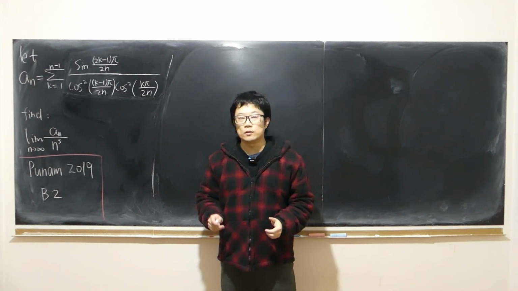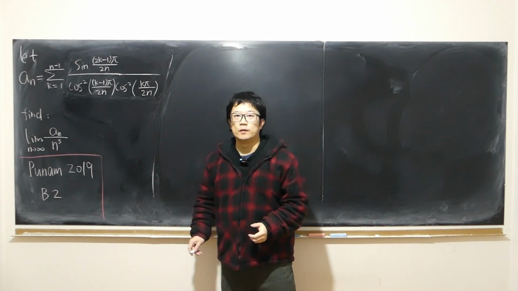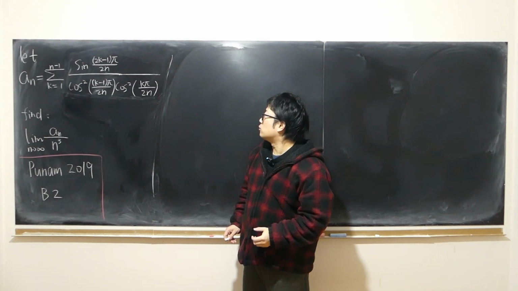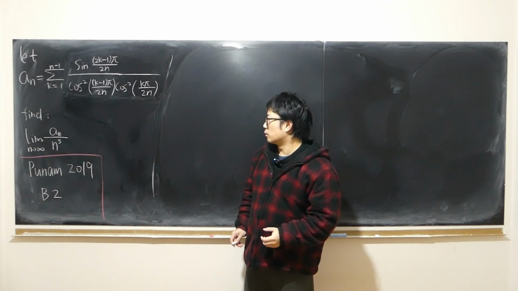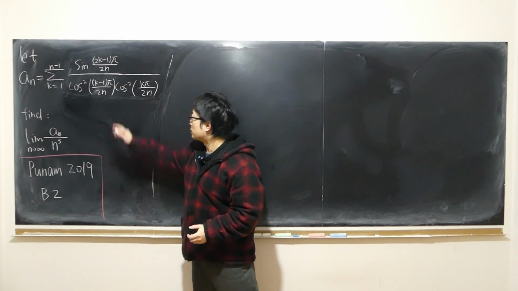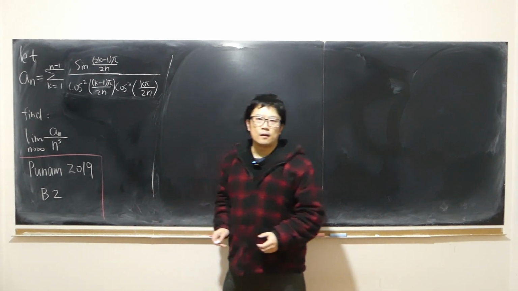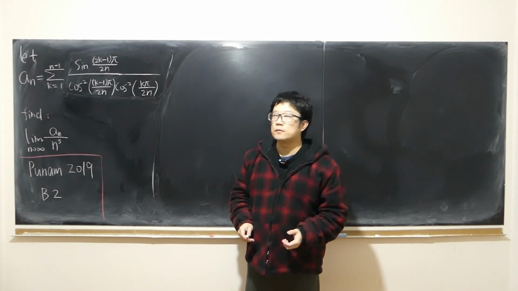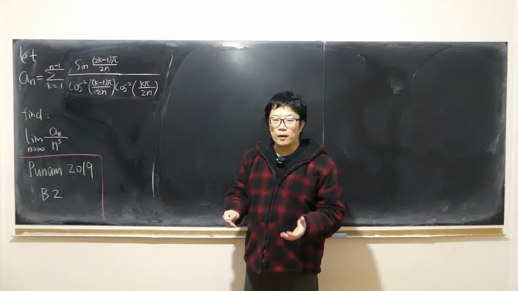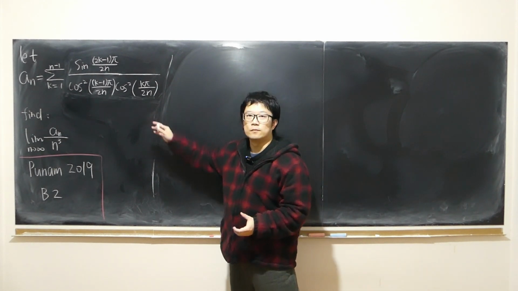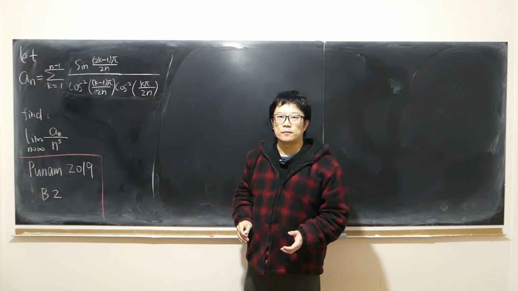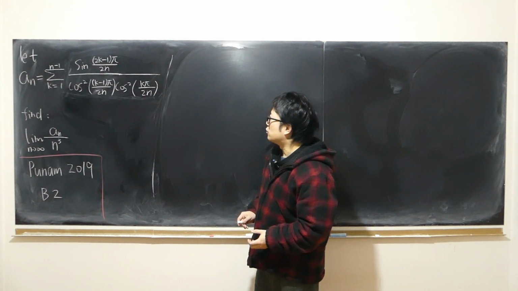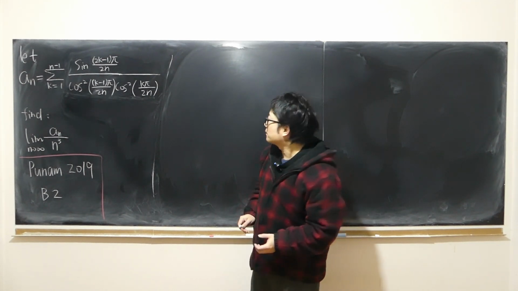This is a problem from Putnam 2019, B2. We're given a finite trigonometric sum, and then we want to work out the limit of this sum over n cubed. I'm going to present it in two different ways. First way is that somehow I want to turn it into a kind of telescoping series, which is not immediately obvious when you have some sine and cosine square,